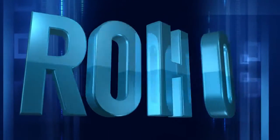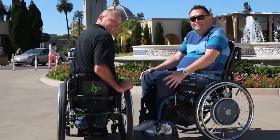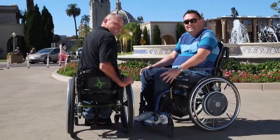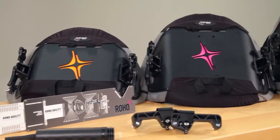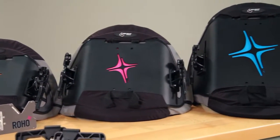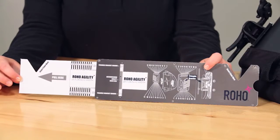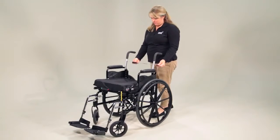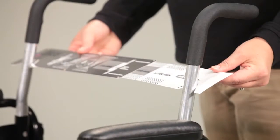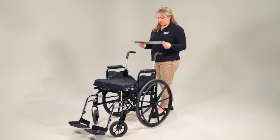ROHO Agility Back Systems are designed to provide trunk and pelvic support, offering the most comfortable positioning for each individual. The Agility Back Systems are lightweight and easy to adjust. Everything you need for the perfect fit is right at your fingertips, including the Agility Slide Rule, which allows you to quickly determine the correct Agility size needed, as well as easily determine the Agility width adjustment for each particular